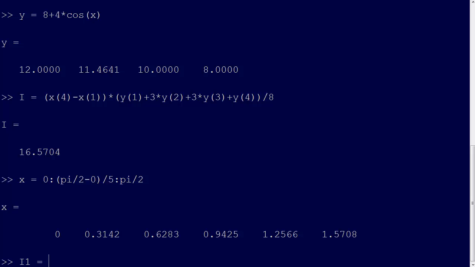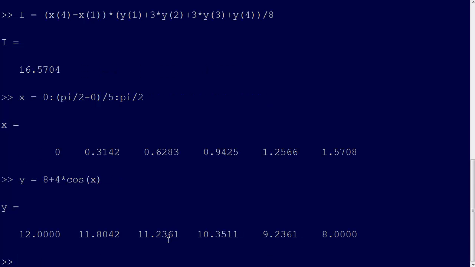So I1 is going to equal our b minus a. Well, we're going to be going in this problem from 0 to 0.6283. So that will be, oh, and sorry, we have to find our y here too, or we can't do it. And so we're going to be going